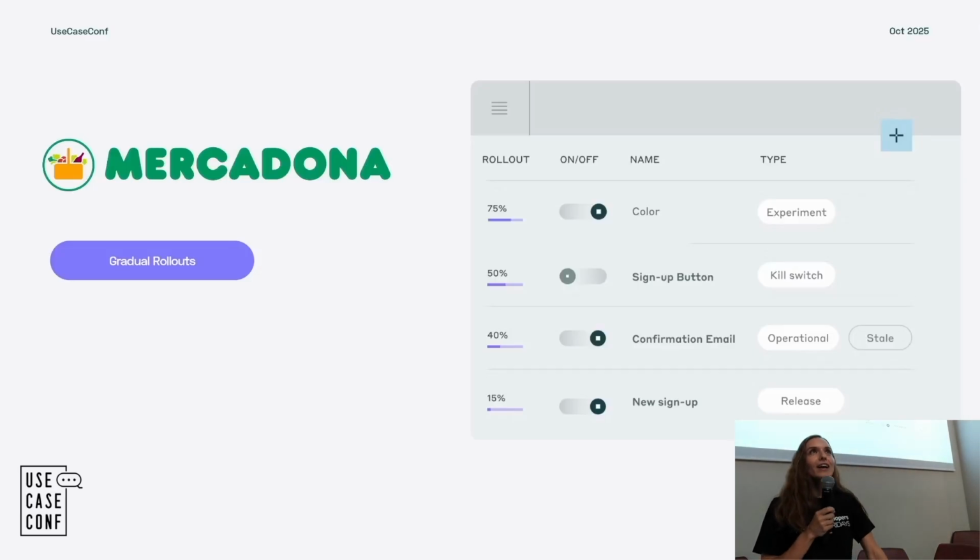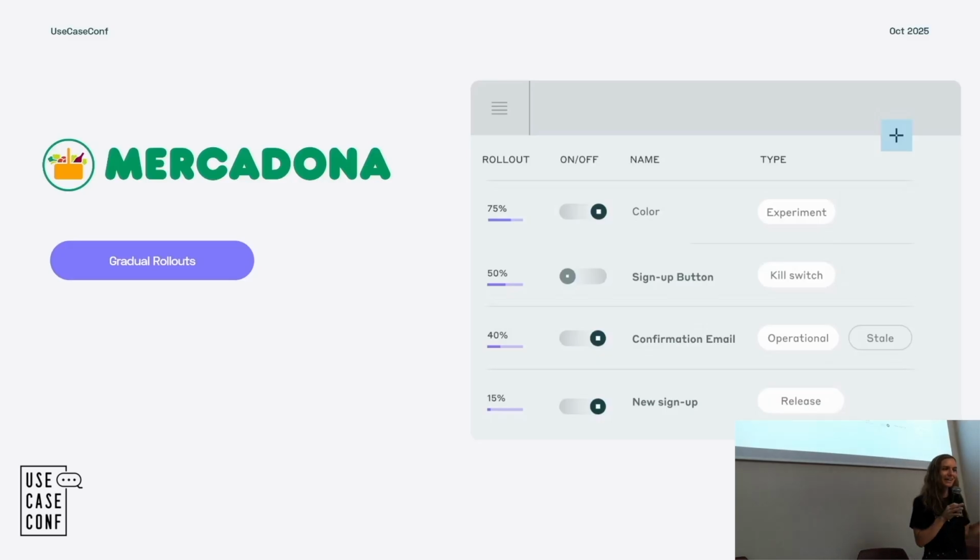So they not only have a ton of physical locations, but they also have these online grocery delivery things. It sounds magical to me living in Brixham because we don't have that kind of technology there, but apparently in Spain you can order groceries online and it arrives at your door. Maybe you have that. Anyway, that's just to say that they have a lot of logistical challenges, right? And they implemented gradual rollouts, and we're going to talk about that in a minute. And it changed the way they work now.